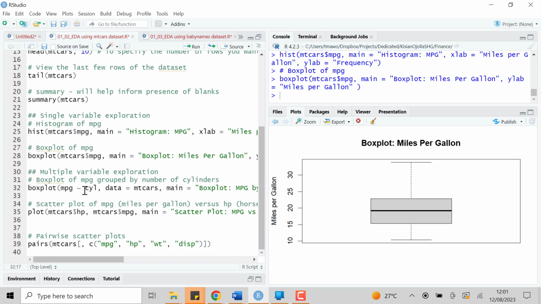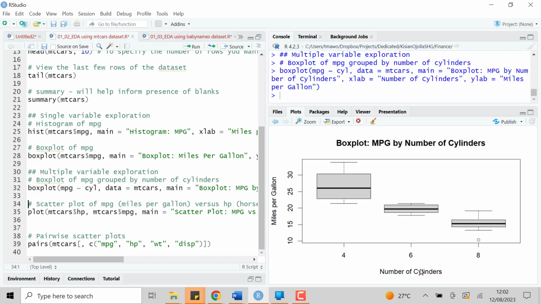For example, this box plot has not considered other categorical variables that might exist within the data set. So here we're going to do the box plot of the miles per gallon, and also look at the cylinder. So when we run this line,